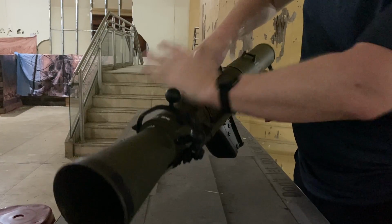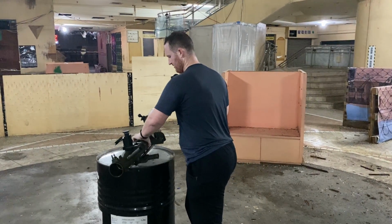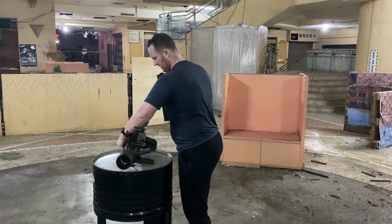You need to slam it home and then lock this in because it's not quite spring-loaded that much. So now I'm going to try firing with the aftermarket shell. Hold on, let me put this down for a second. You can see how this is relatively light from the way I hold it there, but it's very long and